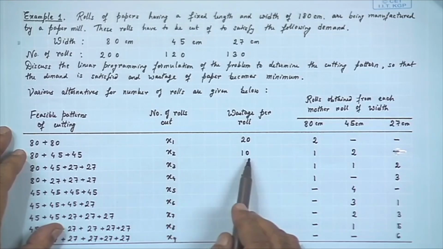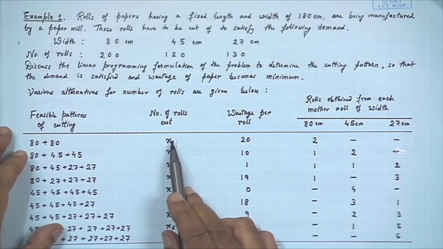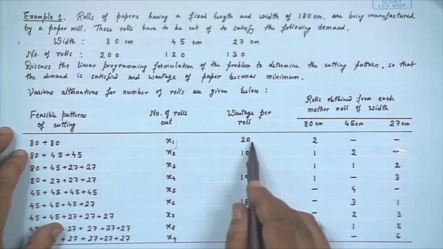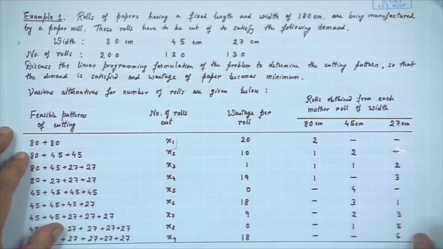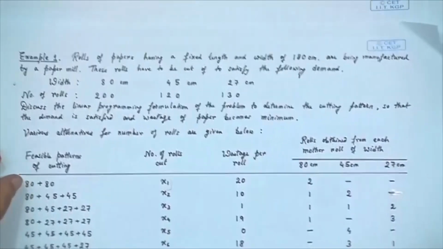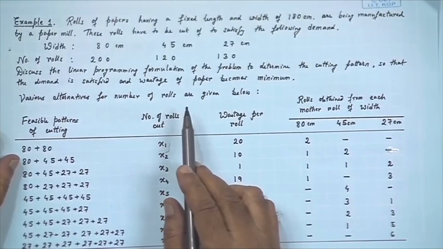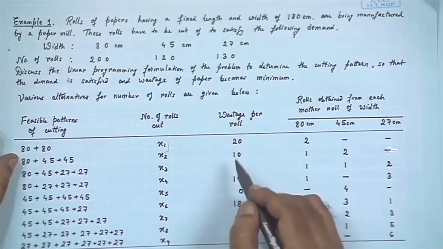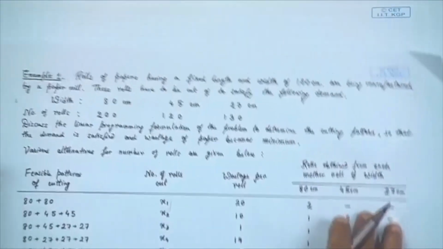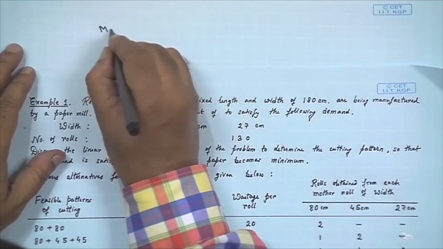Similarly, for x2 the cut is 80 plus 80 and wastage is 20. So, therefore, I have to formulate the model like this: I have to minimize the wastage of paper, so your formulation will be minimize z